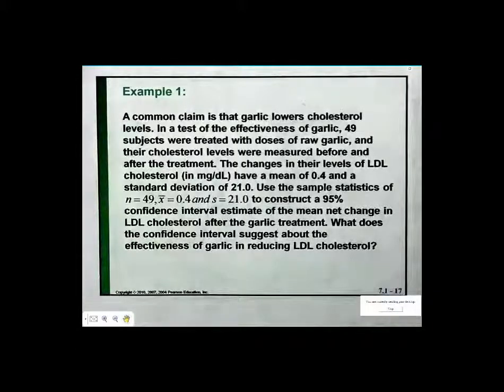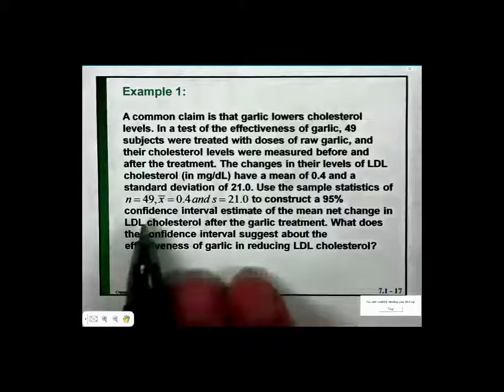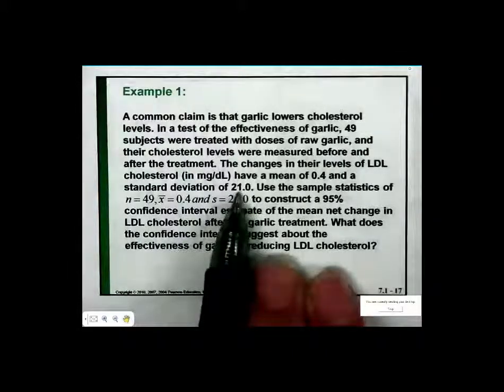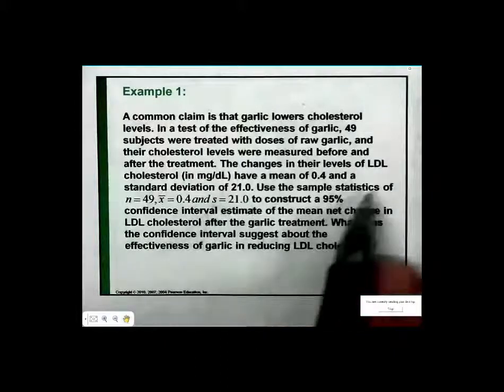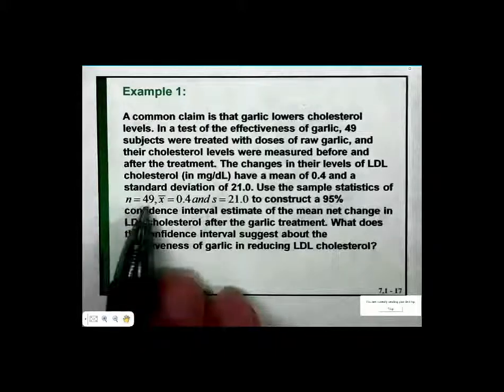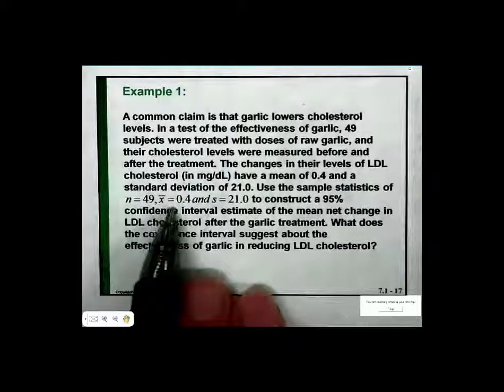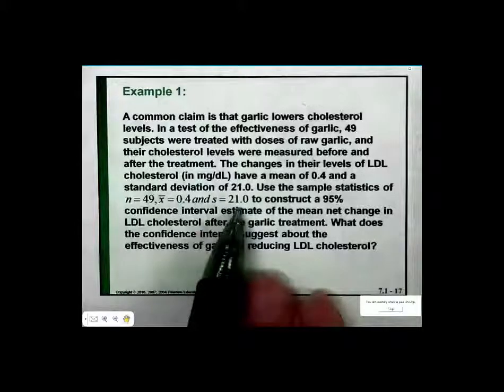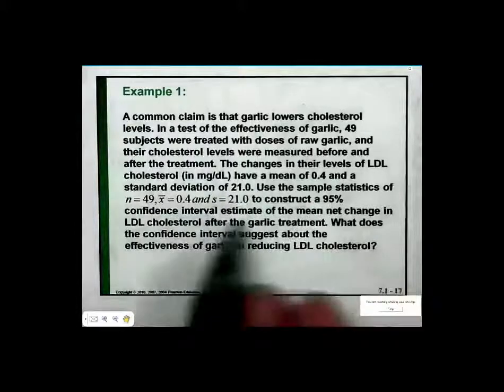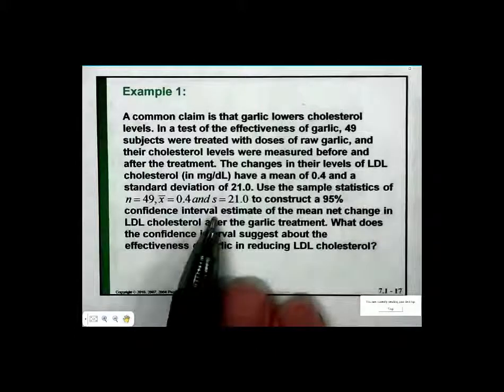The changes in their levels of LDL cholesterol, in milligrams per deciliter, have a mean of 0.4 and a standard deviation of 21. Hey, that's a pretty big standard deviation. There's some big time variance going on there. Use the sample statistics of a sample size of 49, the mean being 0.4, and the sample standard deviation being